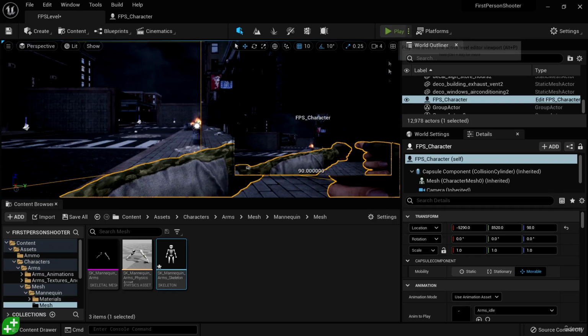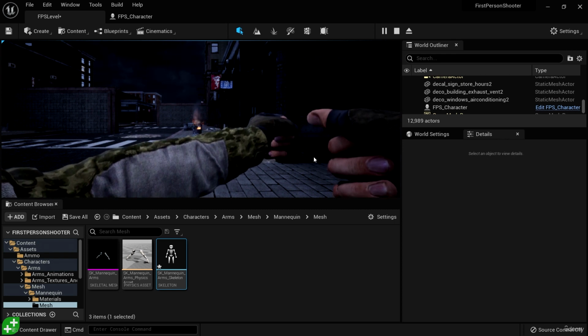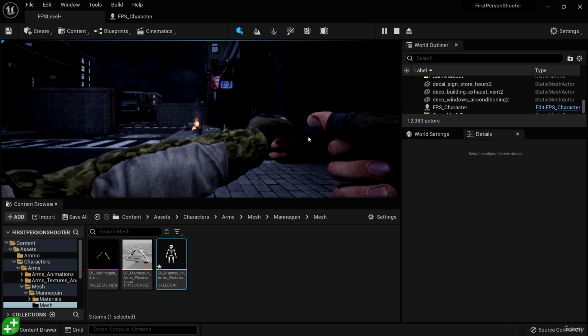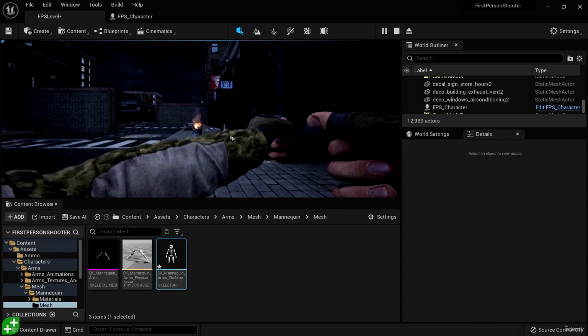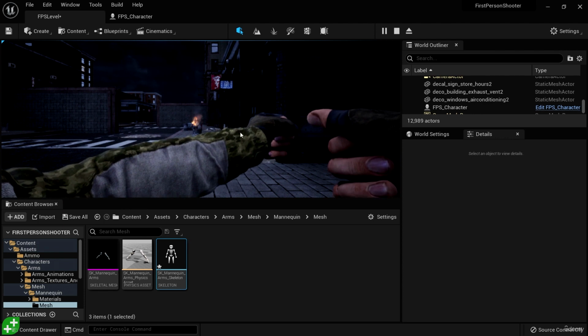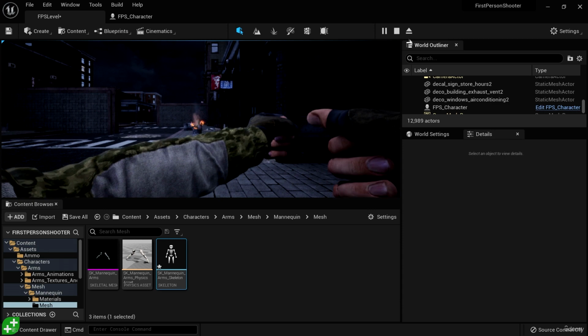Okay, so we see that these arms are positioned a little funny, and we'd actually like them to be slightly lower. Now, this is the idle animation. We're not aiming. We have other animations for when we're aiming the weapon directly in the center of the screen. So I'd like these to be slightly to the right and down. So I'm going to go